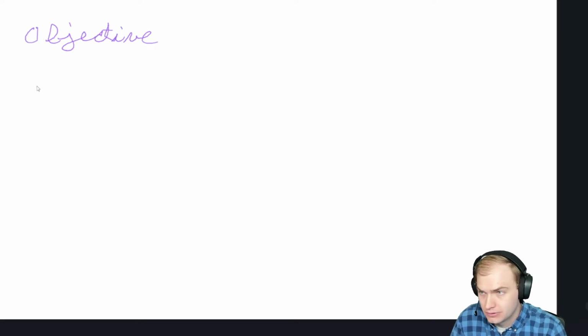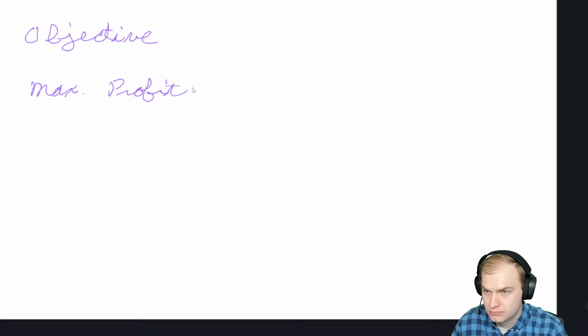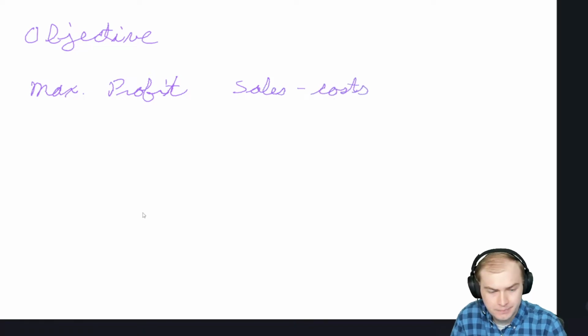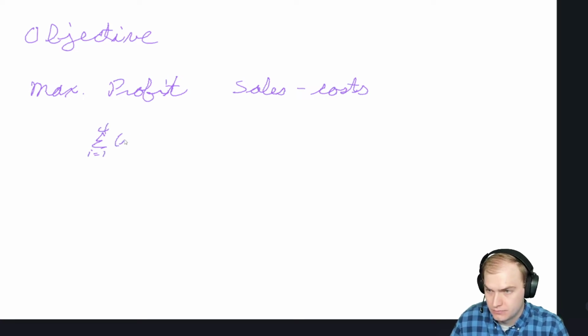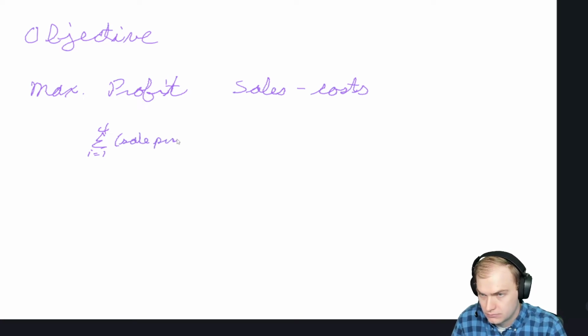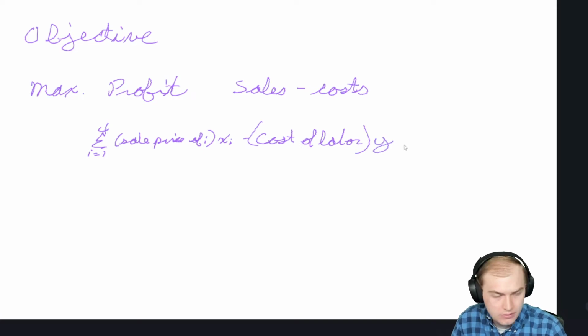So that's going to be maximize profit, which is, of course, sales minus costs, which is going to be the sum over i equals 1 to 4 of the sale price of i times x_i, minus, I think it was, the cost of labor times y_s,